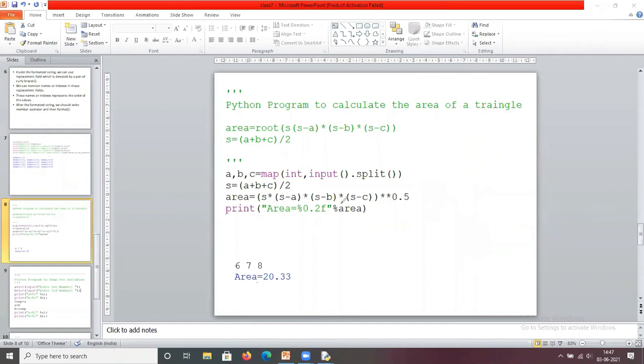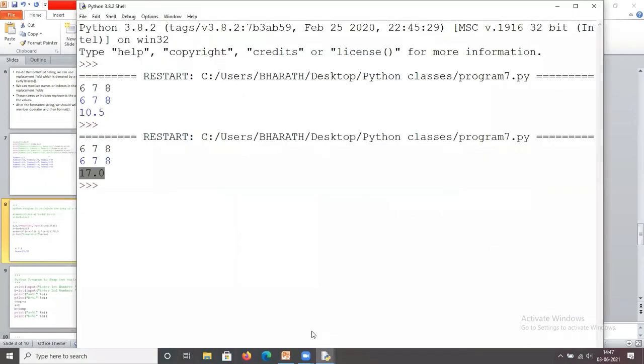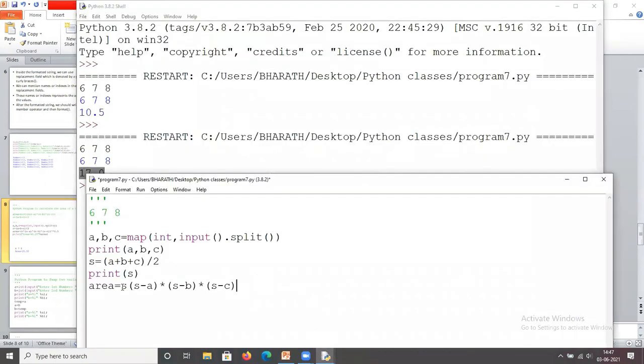So I write exponent 0.5. That's it. Print area.